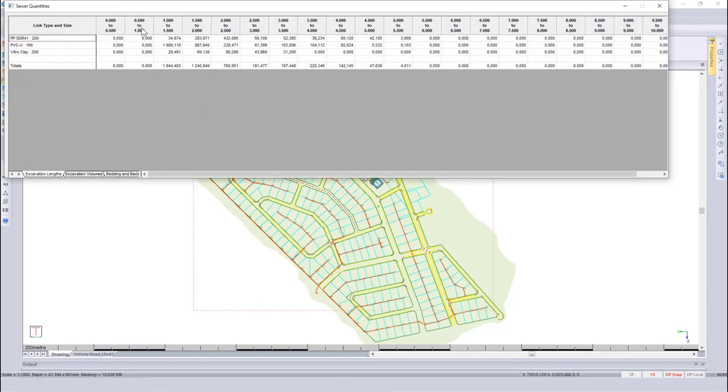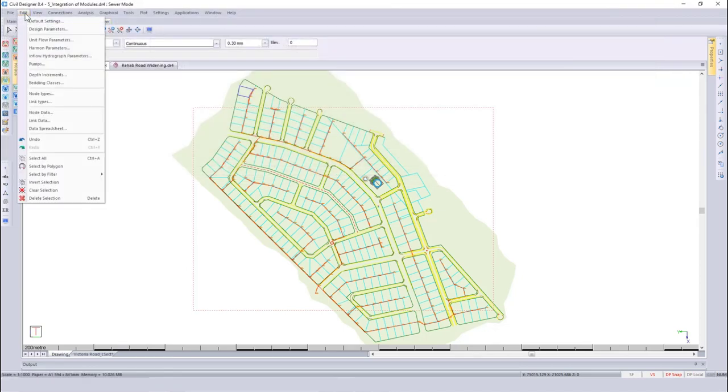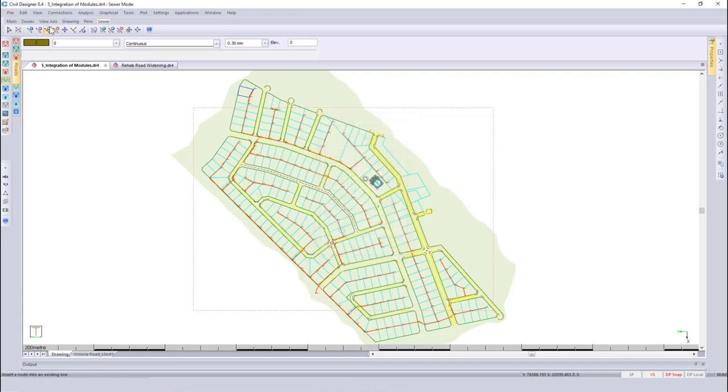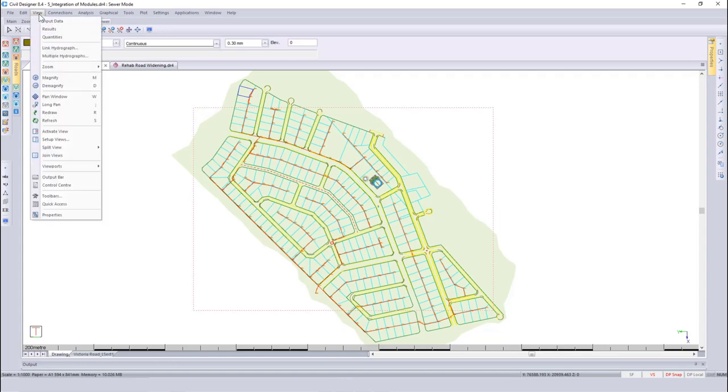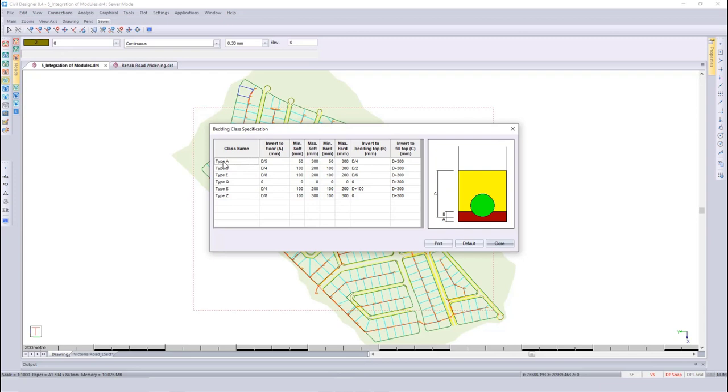Looking at your quantities, you can see that we've got half-meter increments. Now this is something that you can specify. If you go back to Edit, Depth Increments, you can see the half-meter intervals. Alternatively, if you want to go and specify your own, you can do so over here and then select generate increments. Looking at your bedding classes, you can go back to edit, bedding classes, and as mentioned before, we've got